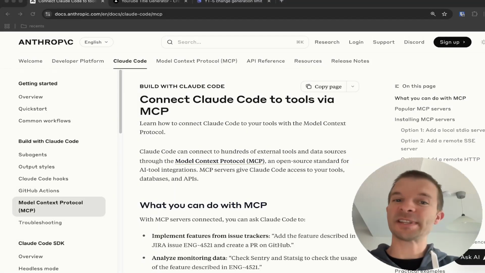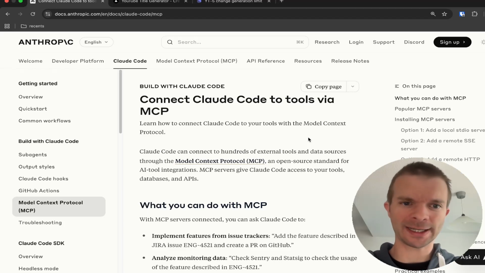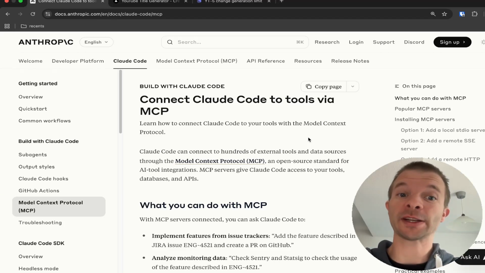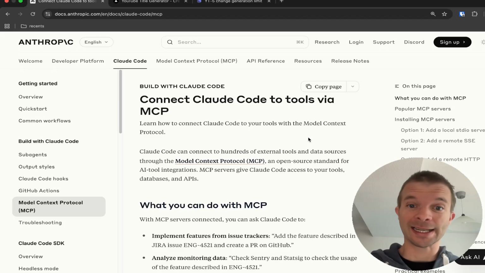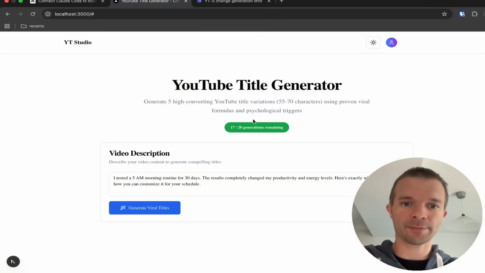Let's try the MCP feature of Claude Code. Well, I have to admit, I think it's a very nice feature. I saw other users doing great things with those, but I also heard that it can be quite tricky to get it started. So what we want to do in this tutorial is we have our website, which is our